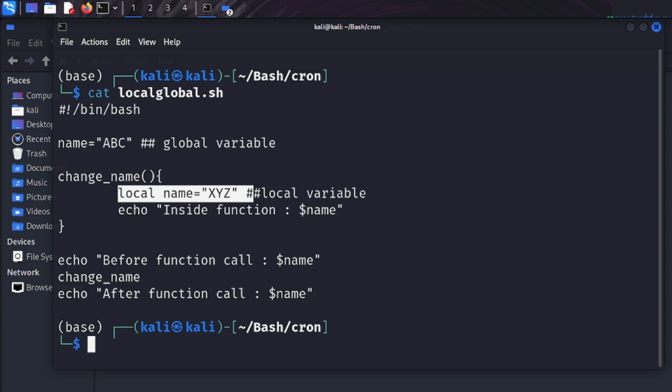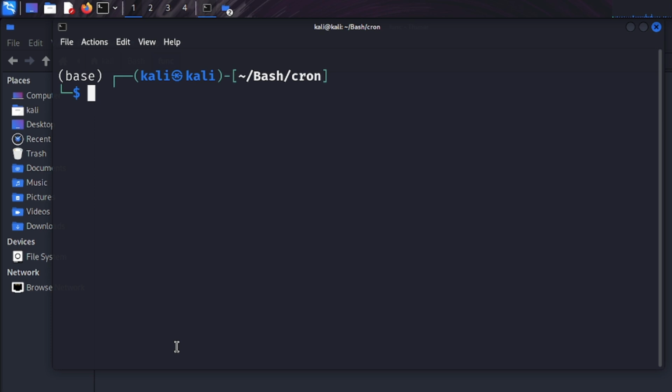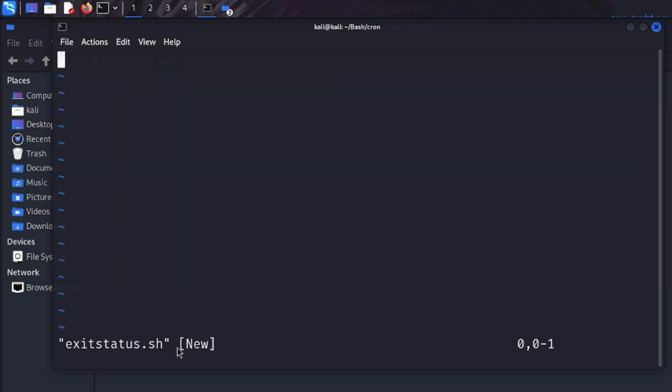We can also return exit status with the help of return. Exit status can be used as an alternative for printing out a specific value. Instead of writing echo, you can use return. To make it more clear, let's clear our workspace. Let's define, say, exit status, press i to insert mode,